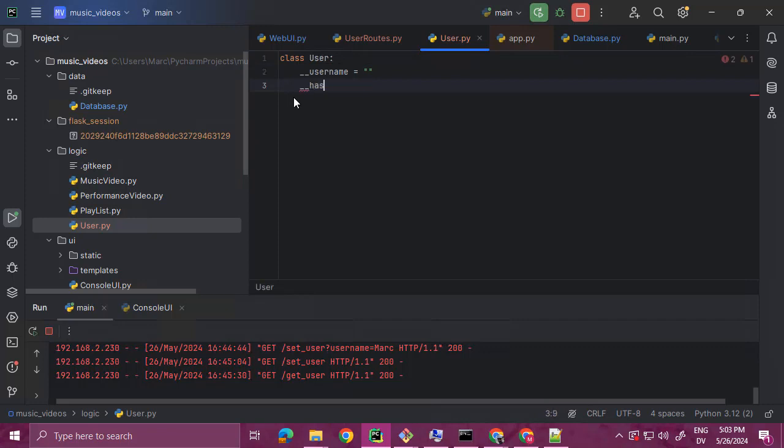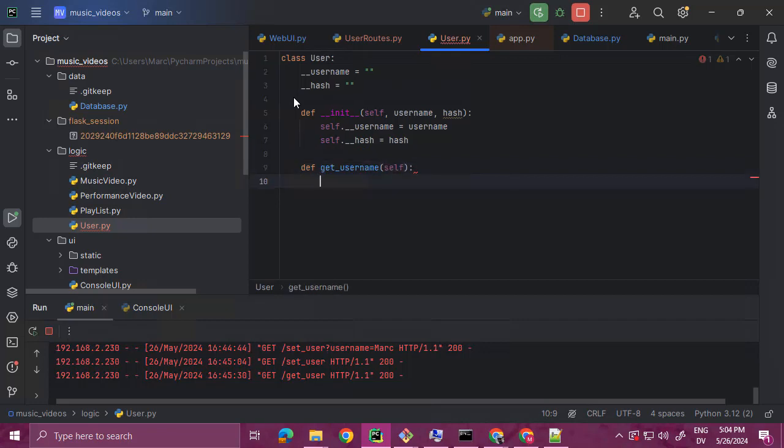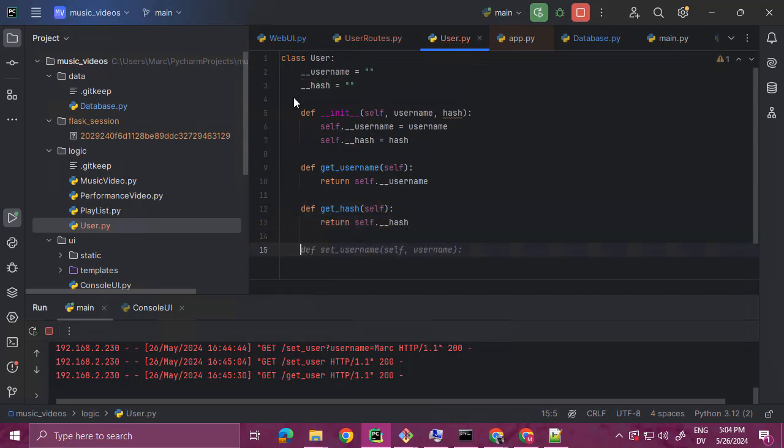and a hash. And then we'll make a constructor, and self.username is username, self.hash is hash. And then probably want to get username and get hash. And then I'm going to have a read method, which is going to be a static method